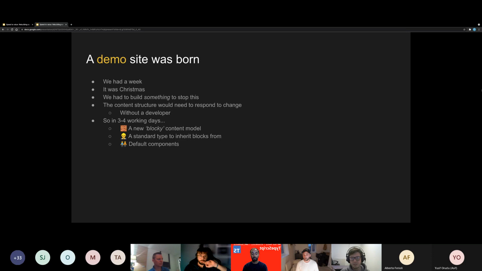Almost reattaching the head. You might have your WordPresses, your Squarespaces, where you can put in the blocks of a page, but this uses slightly better code than those, while still giving content editors the freedom they need. From the code perspective, we had a standard type to inherit blocks from. Getting that type safety from TypeScript was absolutely critical, and not something that was being done at Elanco currently. And again, default components for people to pull from, rather than relying on developers to build everything from scratch.